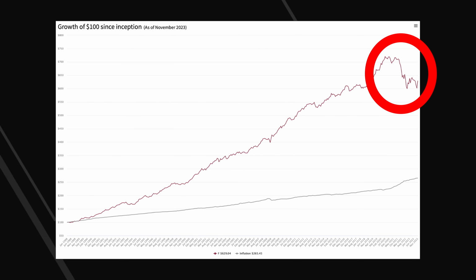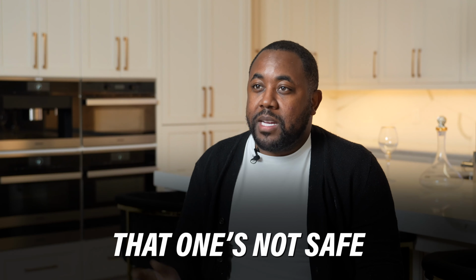Number 3, the G fund is technically the only safe one. Here's why I say technically, because you have the G and the F fund, right? And those funds are considered safe. But if you look at the F fund in the last 2 years, the F fund has been negative, right? The reason why it's been negative is because the F fund is corporate bonds. The way interest rates are right now, companies really can't lend a lot of money, right? Because they owe a lot of money due to high interest rates. So the F fund has been negative, even though it's not normally negative. So that one's not safe. You could throw that out the window.